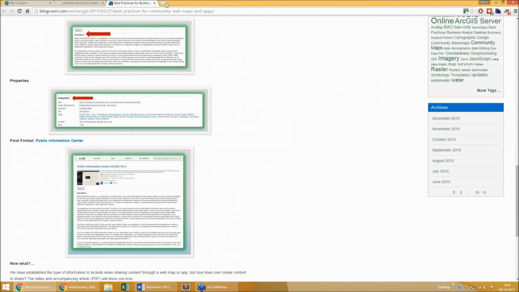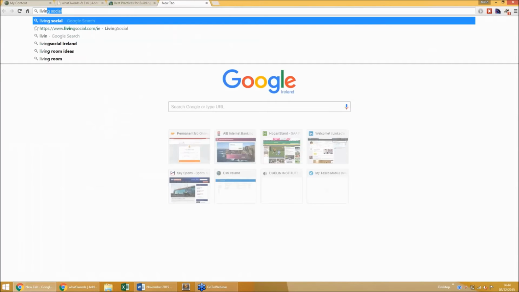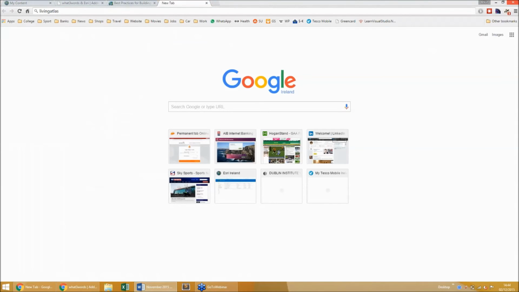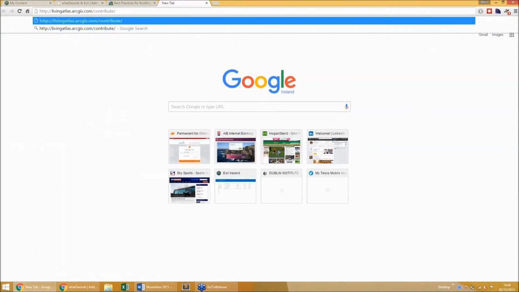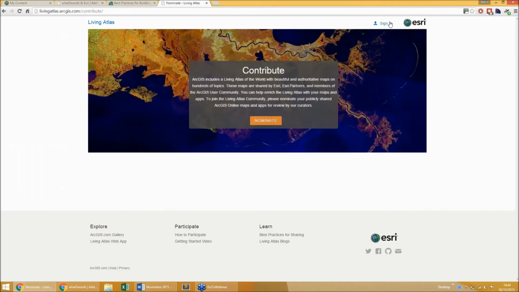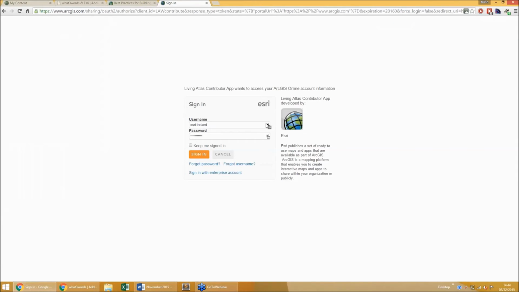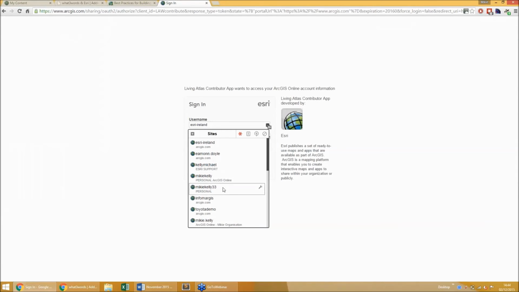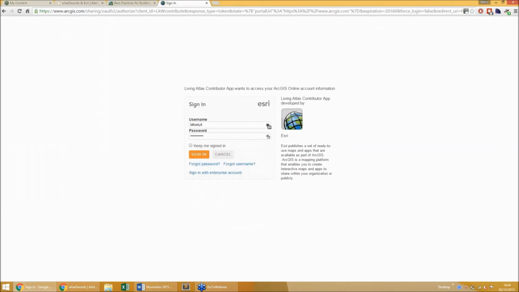And there's a very nice tool. If you go onto the Living Atlas, you sign in. So I'm going to sign in with my Esri Ireland account.